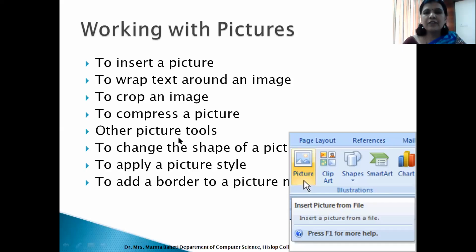That is working with pictures. Okay, so here we'll see how to insert a picture, how to wrap text around a picture, crop an image, compress a picture. We'll work with some other tools, change the shape, apply picture styles and borders as per our